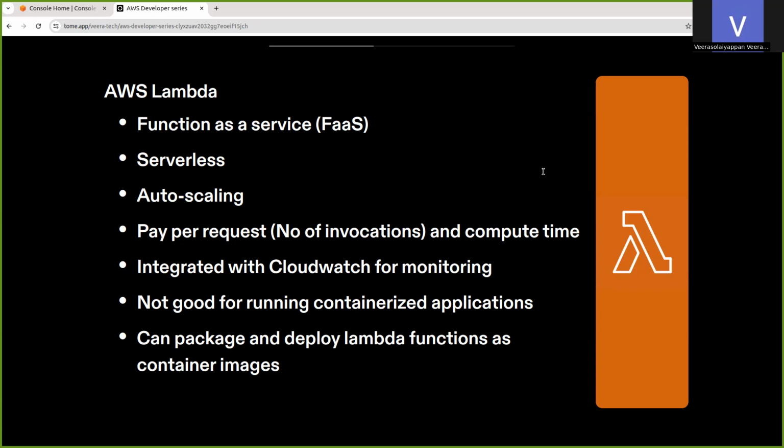But another way is you can package and deploy your Lambda function as a Docker container image, and then use it in some other container services. So these are the advantages and disadvantages of Lambda.